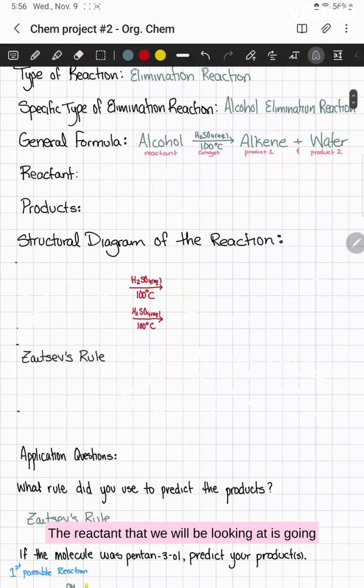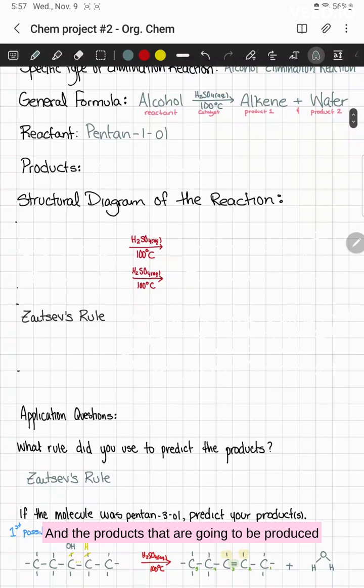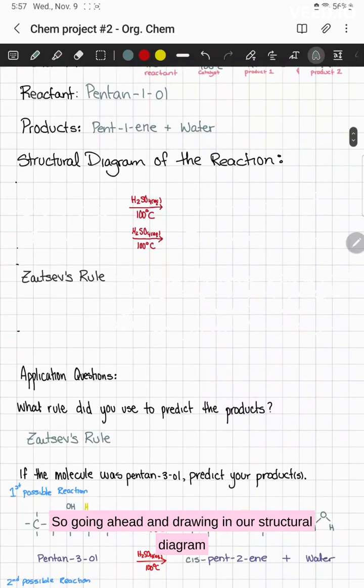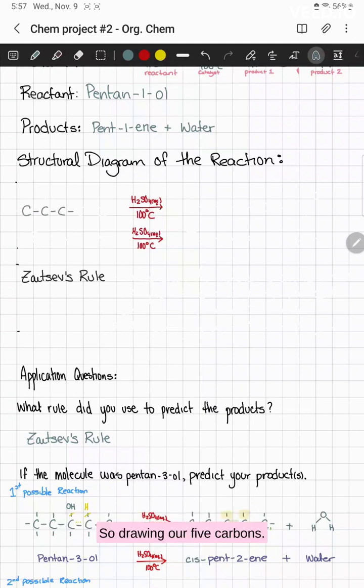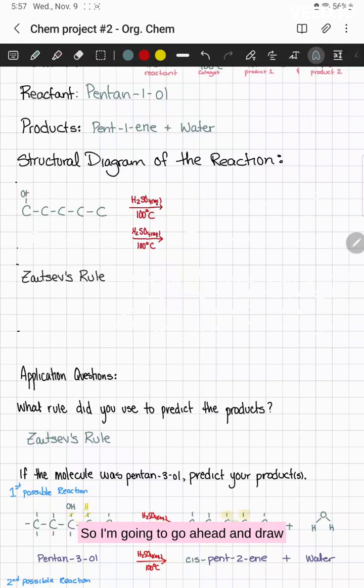The reactant that we will be looking at is going to be an alcohol, obviously, which is Pentan-1-ol. And the products that are going to be produced are Pent-1-ene and water. So going ahead and drawing in our structural diagram for the reaction, we have Pentan-1-ol, so pentan, that's 5. So drawing our 5 carbons. And it has an alcohol group on carbon number 1. So I'm going to go ahead and draw that, and I'm going to fill in the insignificant hydrogens for the